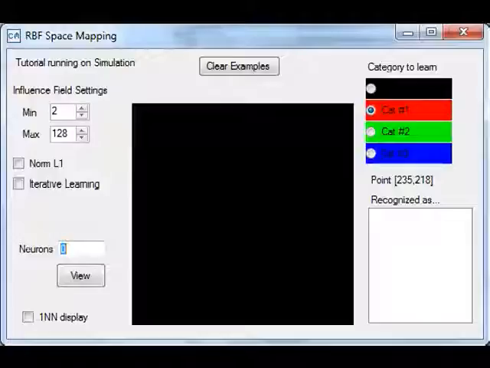In this space mapping tutorial, we're going to use a simple XY space to illustrate how the neurons can learn examples and model a decision space based on these examples. So the input is going to be just the XY position of the cursor, and whenever I click inside the graph, I'm going to teach that input with the category